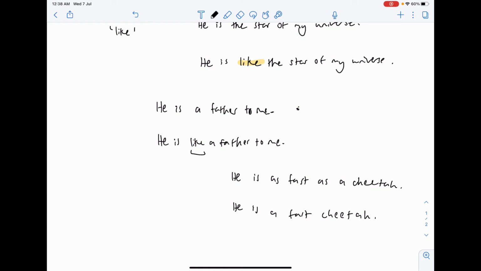It takes away from it. You know, do you feel that? We're saying that he's fast, like a cheetah, as fast as a cheetah, but he's not a cheetah. He's not fast enough to actually make me believe he's a cheetah. He's an imitation. He is similar to a cheetah versus he is a fast cheetah.